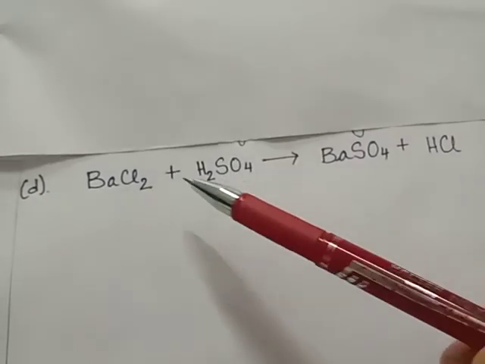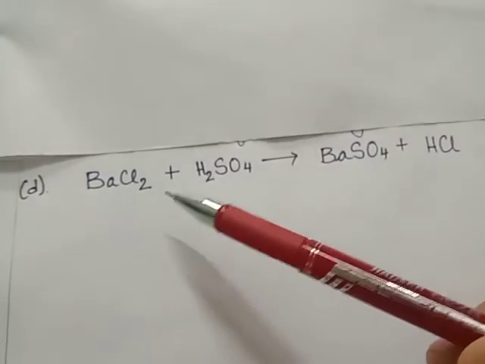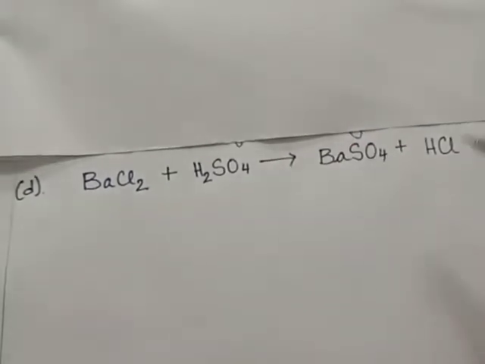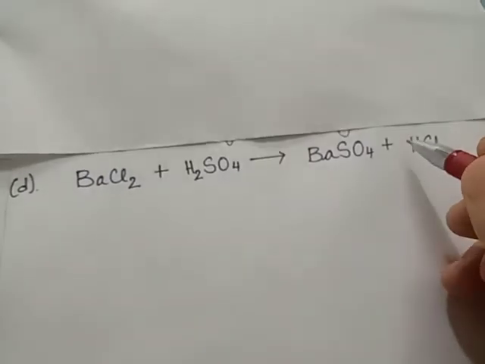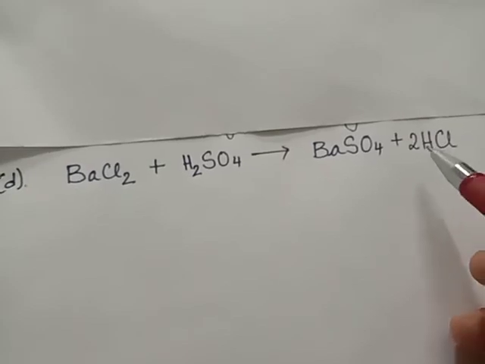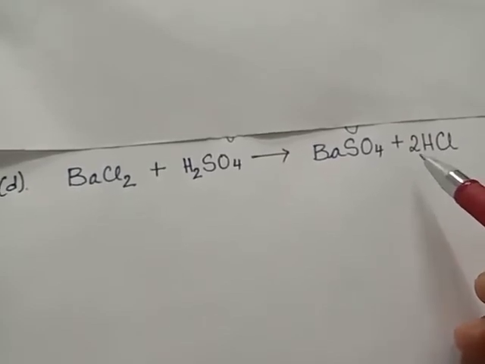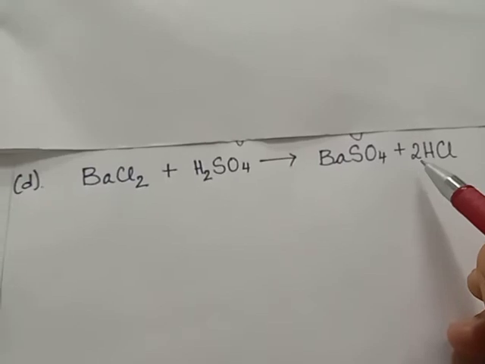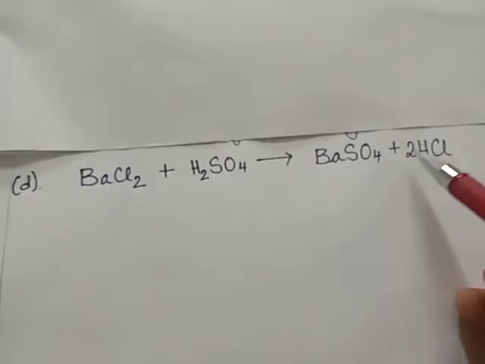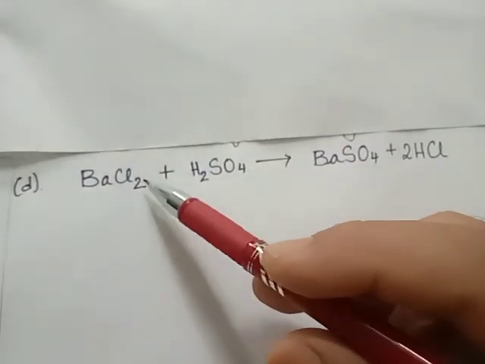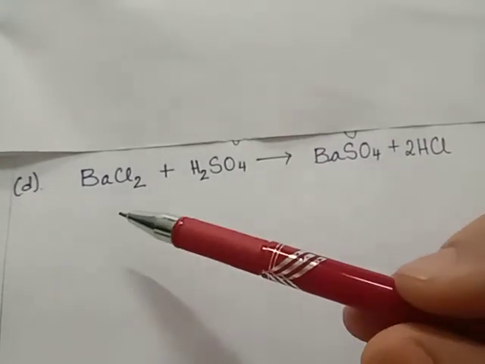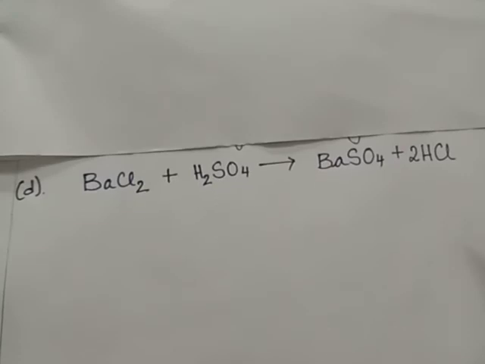Since both chlorine and hydrogen have 2 on the reactant side, and here it is 1, if in front of this whole formula we put a number 2, which will apply to all the atoms present here, the equation becomes balanced. How? Because of this 2 placed here, now there are 2 atoms of hydrogen here, 2 atoms of hydrogen here, 2 atoms of chlorine here, and 2 atoms of chlorine here. The rest is already balanced, Ba 1 and sulfate 1. So this is now a balanced chemical equation.